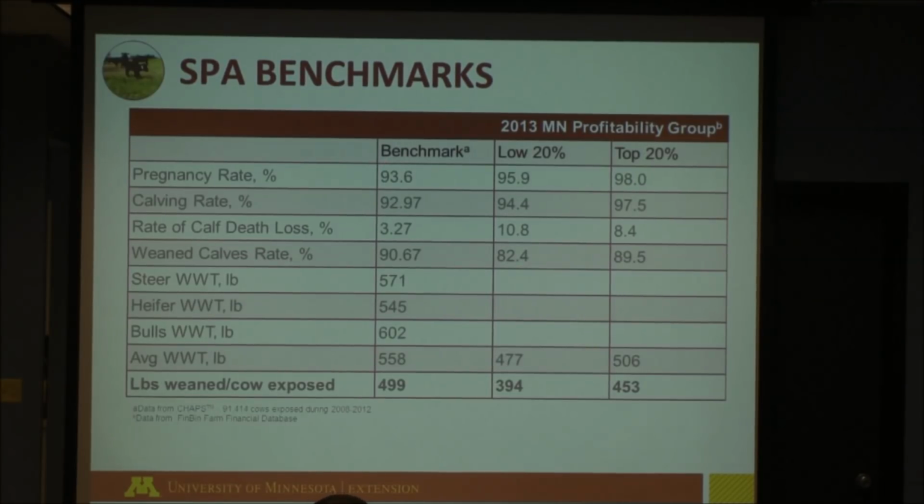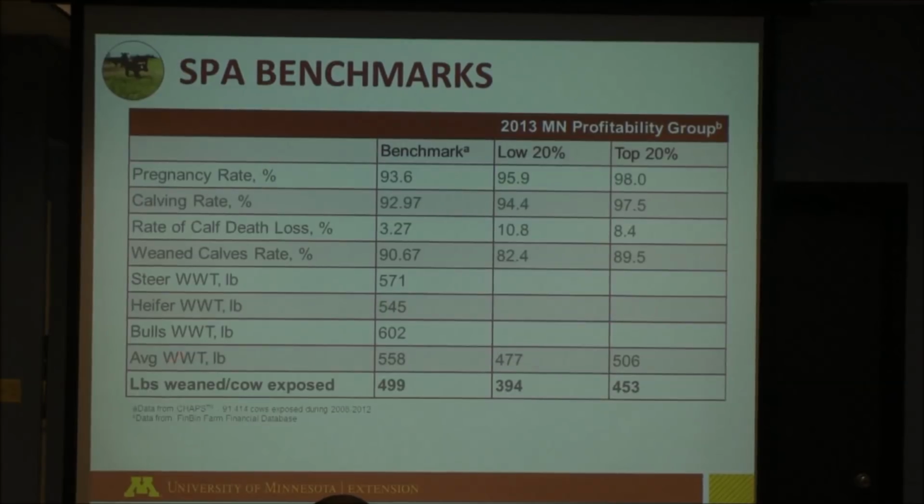All right, so the first one, pregnancy rate. The benchmark is 93%. Well, both Alfredo and I are pretty high. I'm at 98%. That's pretty darn good. Probably not a lot of room for improvement there. Calving rate, we're both above the benchmark, really high as well. So that tells me we're doing a really good job of getting cows bred and maintaining a successful pregnancy,